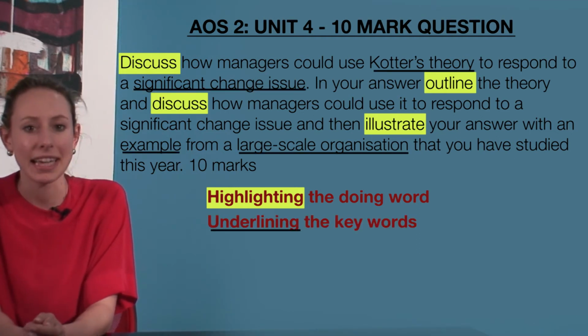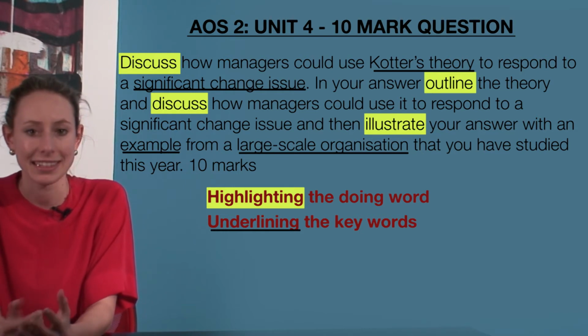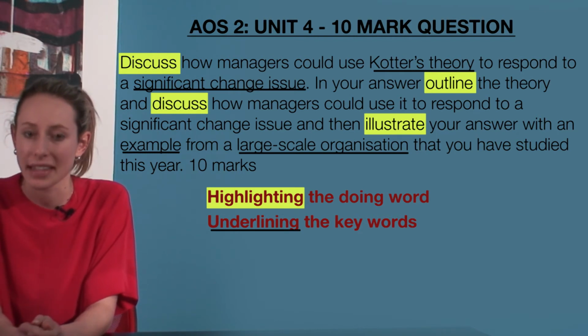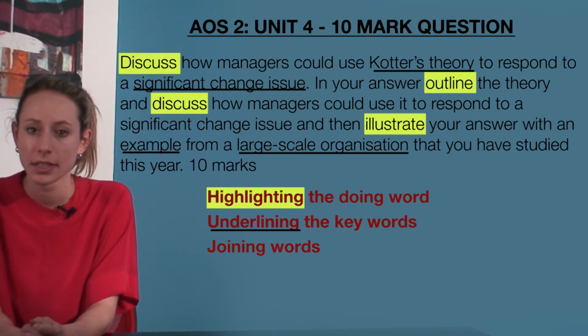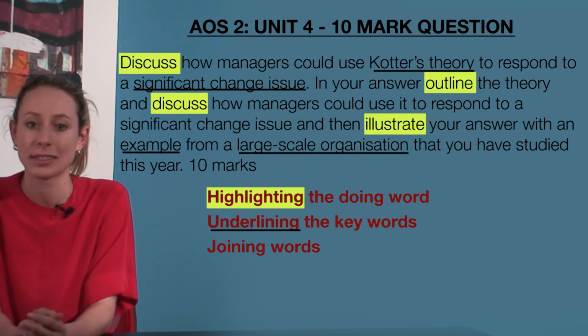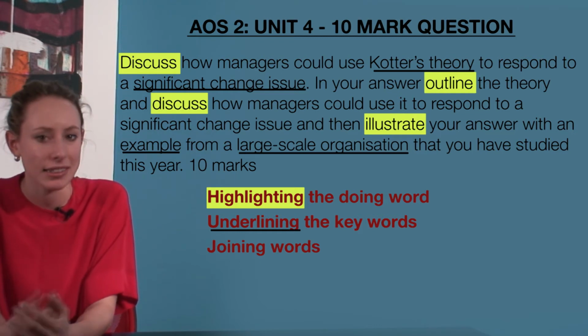Secondly, underline the key words within the question, which will provide the foundation for your response. In this case, these include Kotter's theory, significant change issue, example, and large-scale organisation. Thirdly, we need to acknowledge the joining words. By the use of the word and, the question emphasises the need for all aspects to be answered to obtain full marks. Once the question has been broken down, it is essential to look at the marking scheme to determine